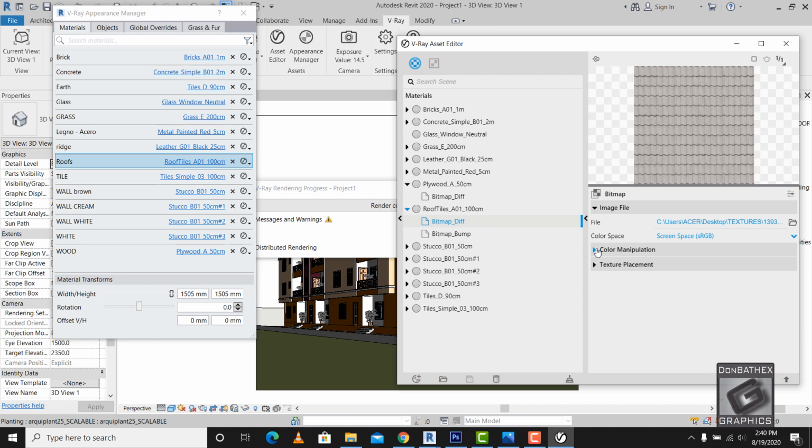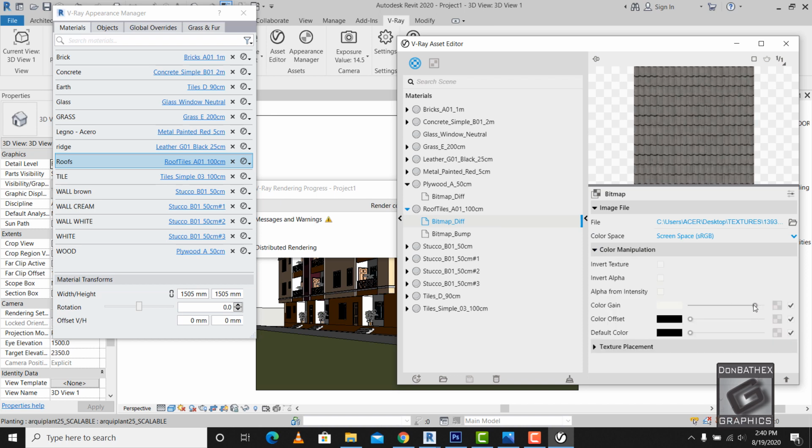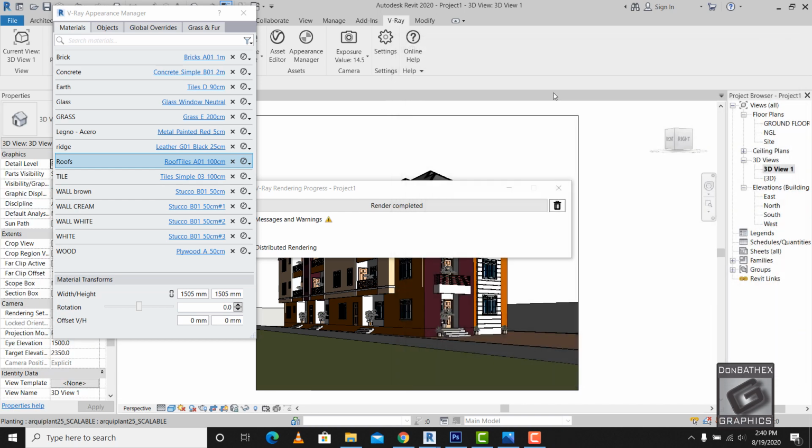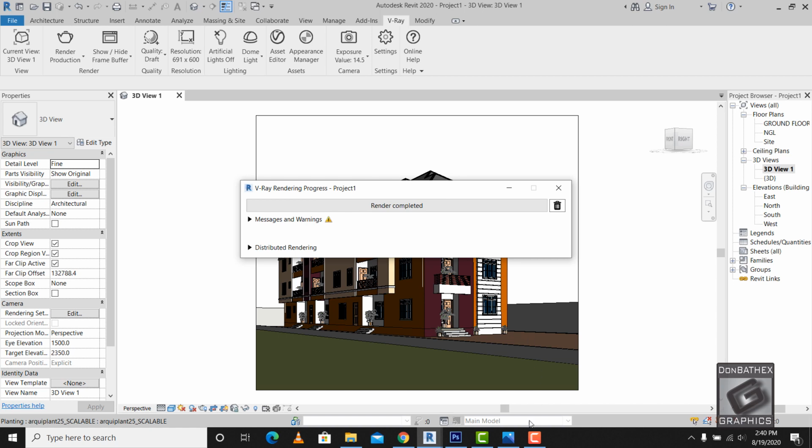Then you can decrease this color a bit and add the bump, let's say 5. Okay, so we are going to check how the render is. Then after that, I'll just pause this video so it won't be too long. I'll stop it and create a new file. So once we click on render now,